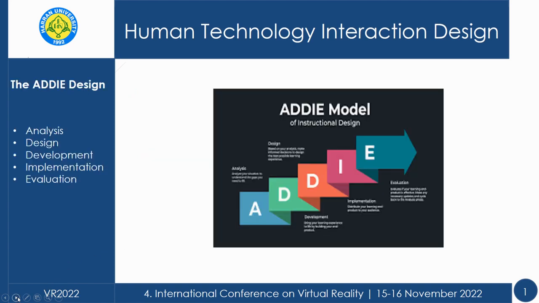And from there, a design model evolved, and it's called the ADDIE model, where at first you analyze the environment and you analyze what the student needs to learn. And then you need to design what the student has to learn and how he will learn it. Then develop the whole learning intervention, then implement the intervention, and then evaluate. And this would be a cyclic process where you learn from what is missing and then add that again into